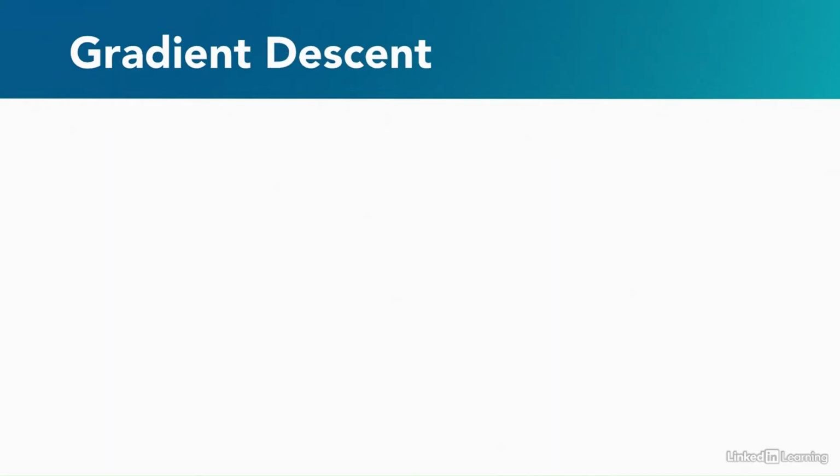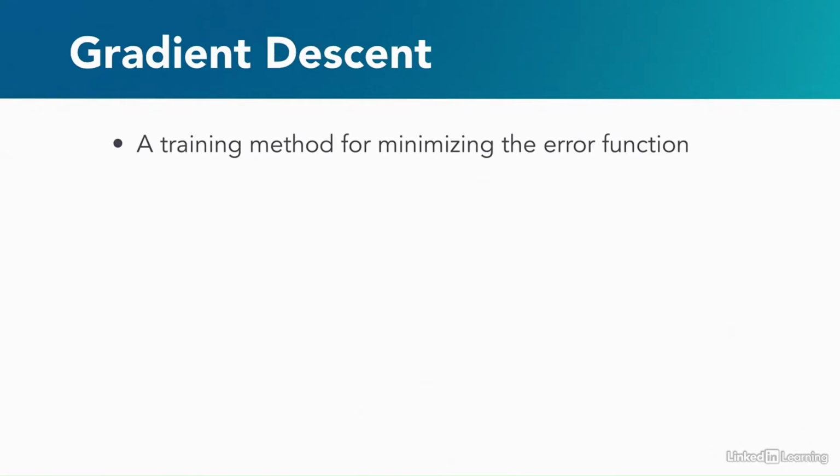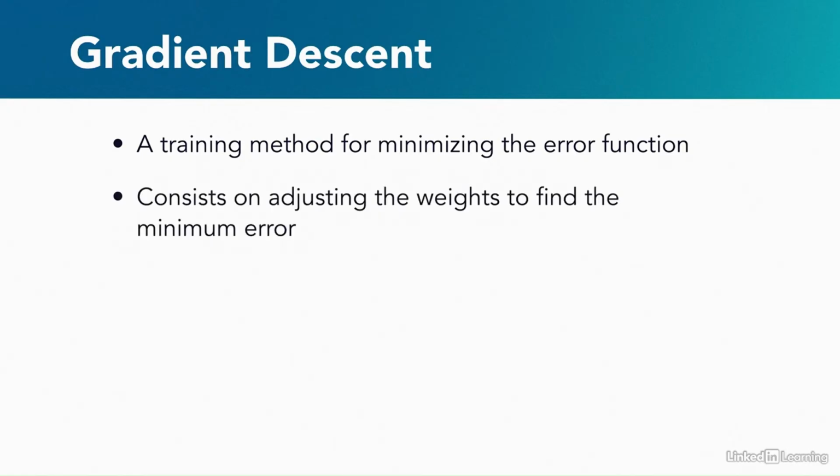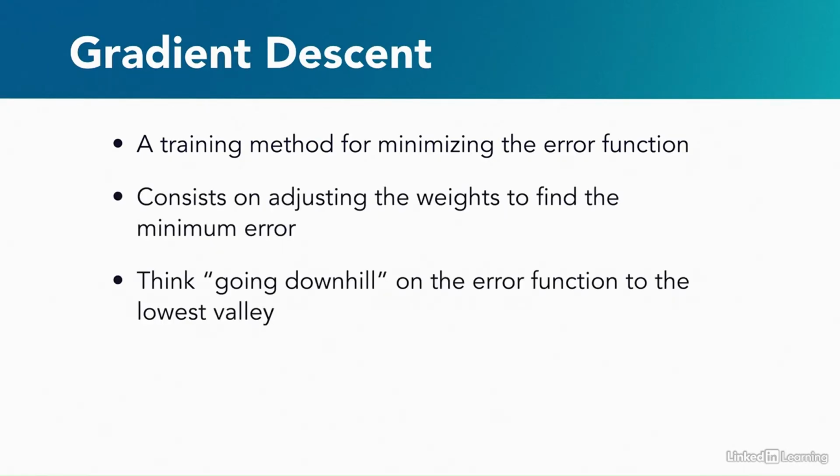Let's talk about the general algorithm known as gradient descent. This is a training method to minimize the error of our neural network. It consists on adjusting the weights in order to find the minimum error. To get an idea of the logic behind gradient descent, think about trying to go downhill to the lowest valley